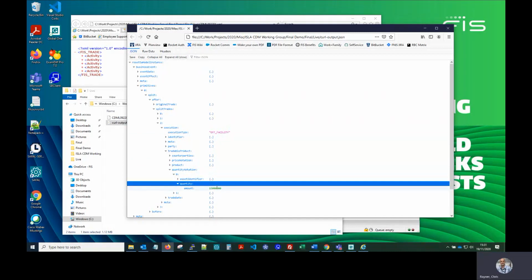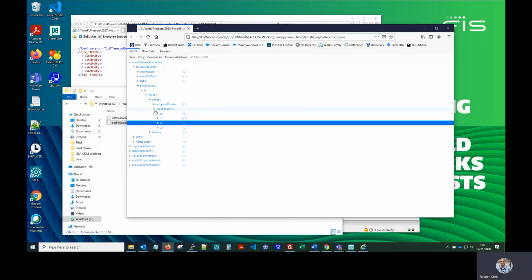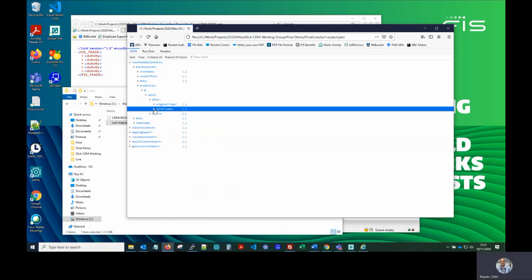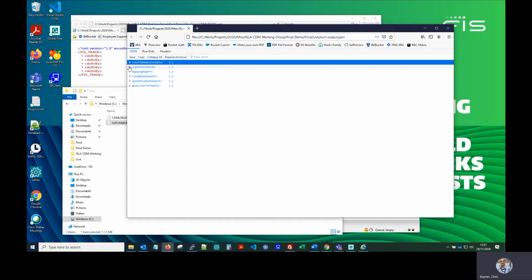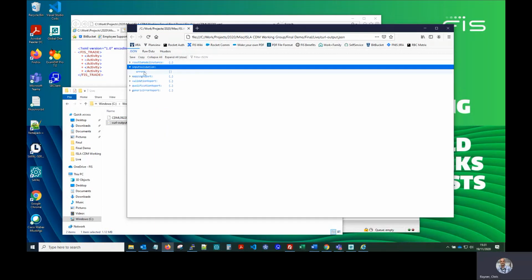Okay, so now that we've got this CDM representation of the data, we can pass this on to other systems that also support the CDM. If you look at the object, there's also quite a lot more information returned. There's details about the input validation, any errors would have been returned. There's also lots of details about the mapping, any sort of errors that came through. So a lot of detail returned with the object, which can be used to go through and make sure that if there are any errors, we can react to those errors, etc. So lots of detail there.